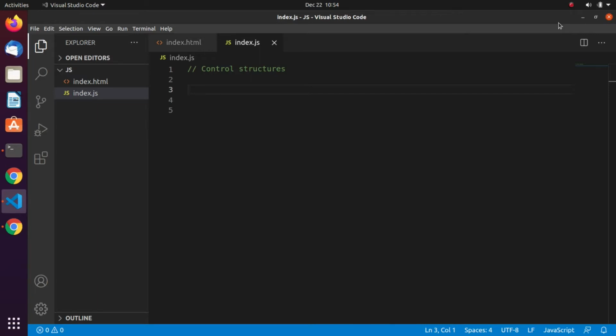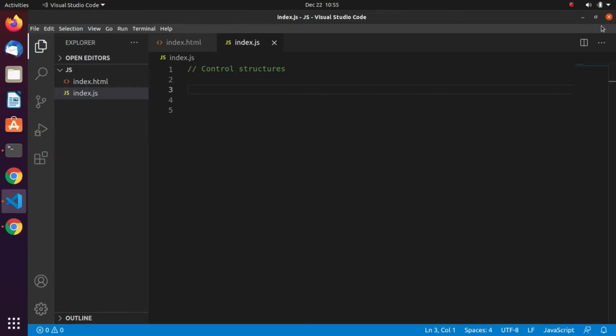Now let's move forward and talk a bit about control structures in JavaScript. This concept of control structure is very important as far as programming is concerned. Sometimes you may need to check a condition, that is, if so then do this, if not then do that, or you need something like a loop to go through arrays. So it's very important to understand control structures as far as a programming language is concerned, not only in JavaScript.